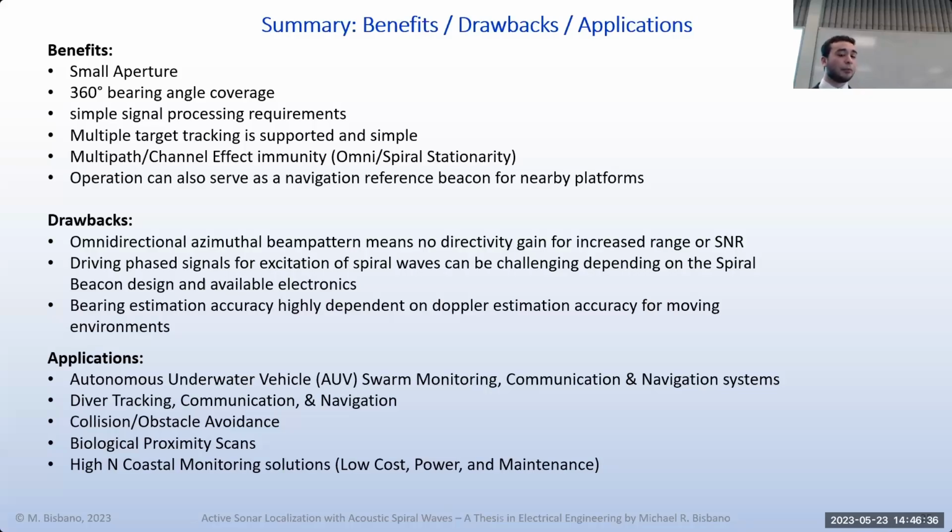Some bearing accuracy concerns for a high Doppler target, but we think that can be corrected with the third pulse added to encode the target's velocity in just time delay. So some applications I mentioned earlier: autonomous underwater vehicle swarms, communication navigation systems, tracking divers, and also providing navigation for